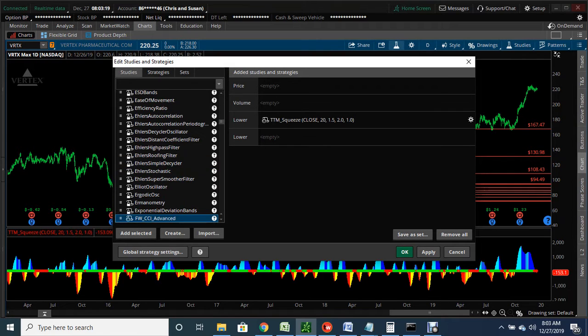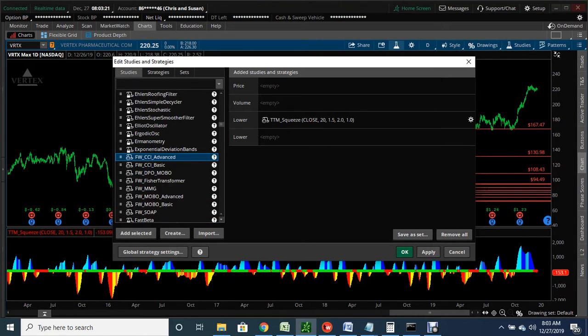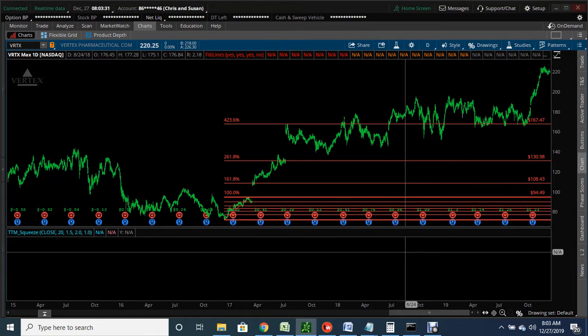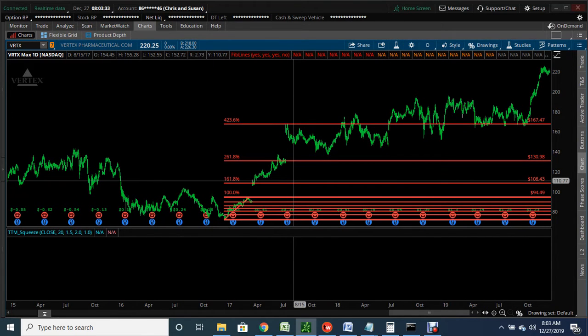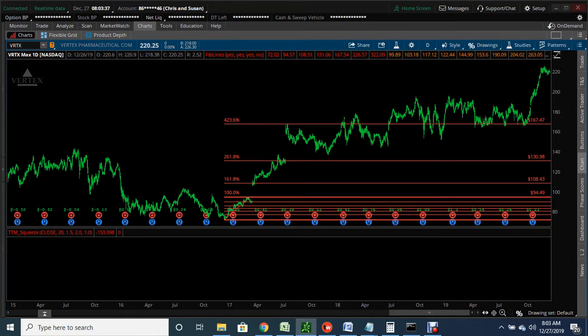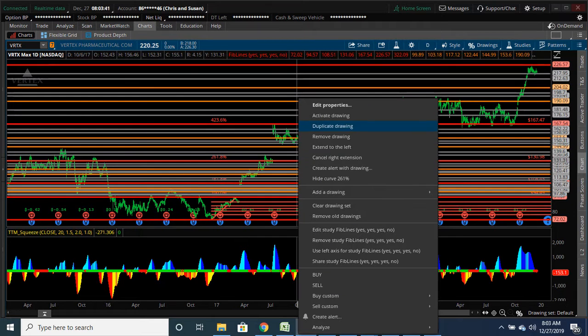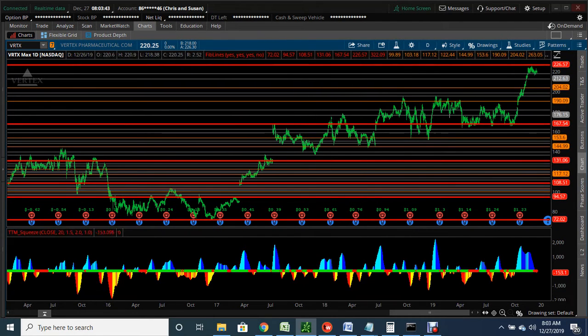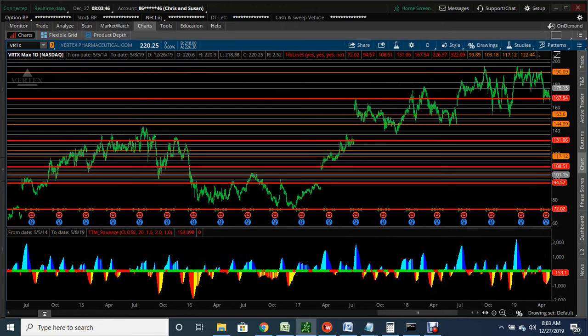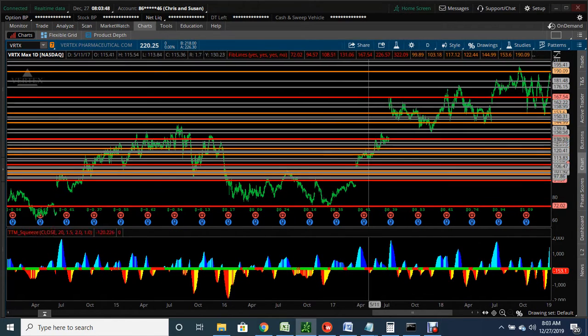So when you add FibLines to the chart, you will see that the indicator draws the lines on the chart for you. And here we go, anytime now. And there it is. So now I can remove the original drawing I did. And you can see that the lines are now drawn at the 100, 161, 261, and 423,